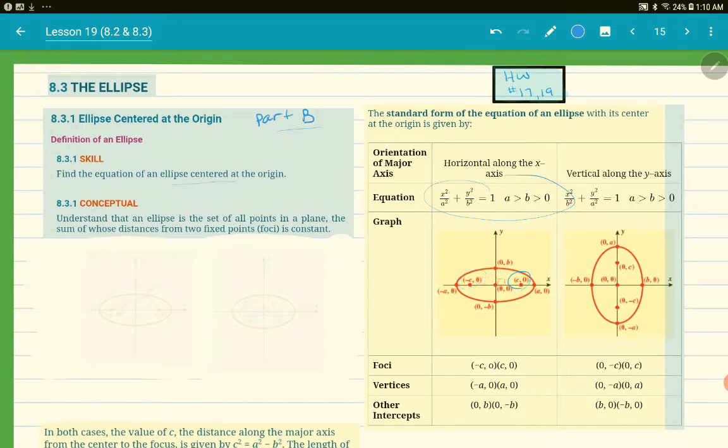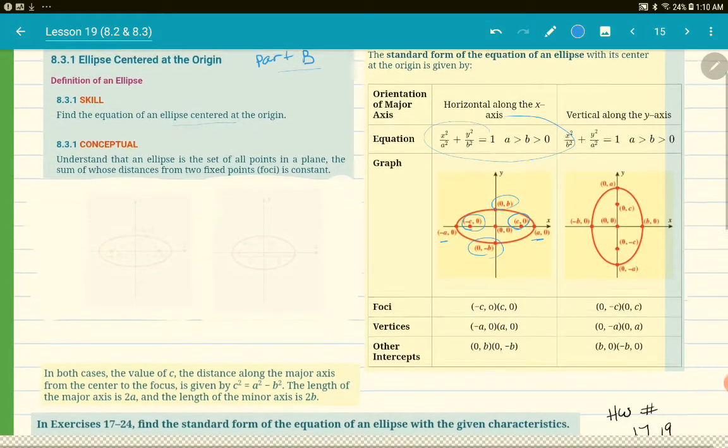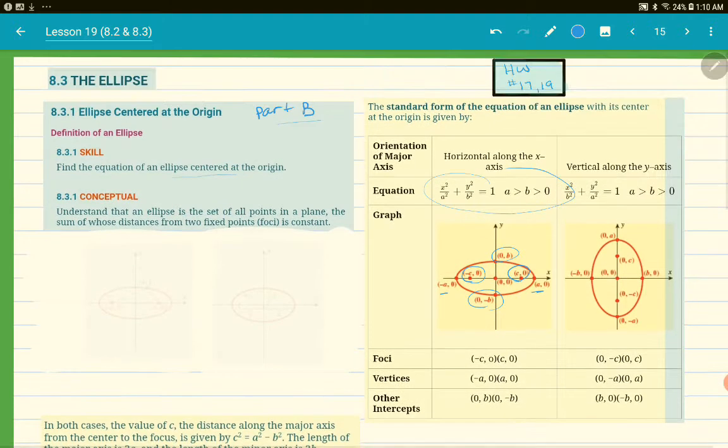We talked about A. A is the vertices. Plus and minus A gives me the vertices of the major axis. And plus and minus B gives me the vertices of the minor axis. And C, plus and minus C, gives me the location of the foci. So if I'm given the foci and one of the axes, then I can find